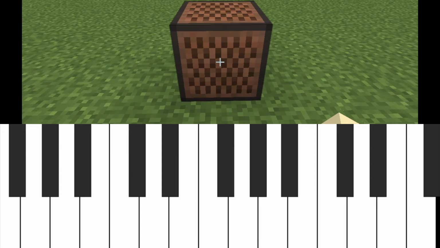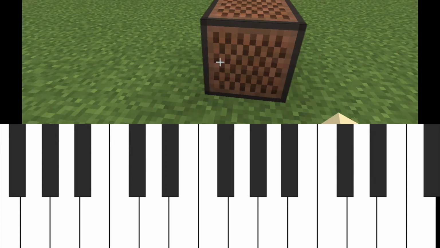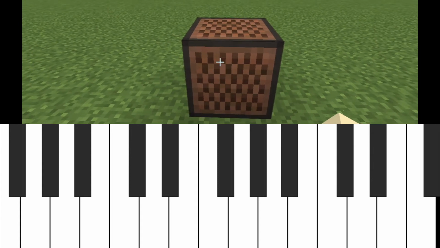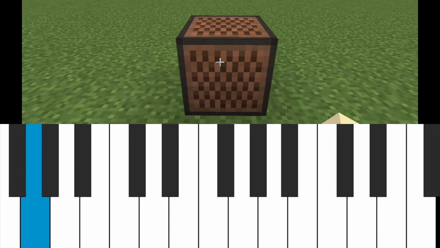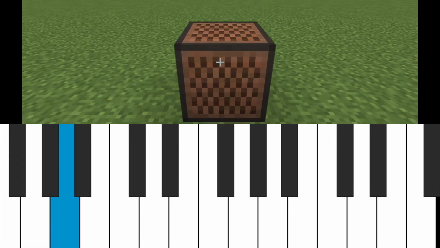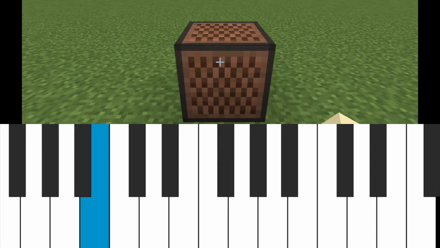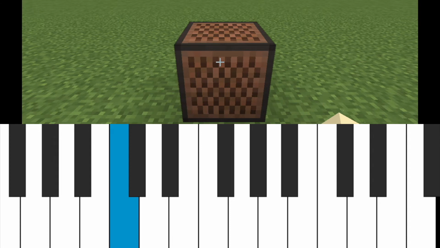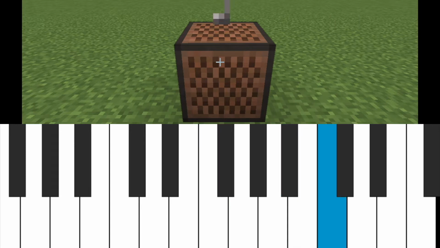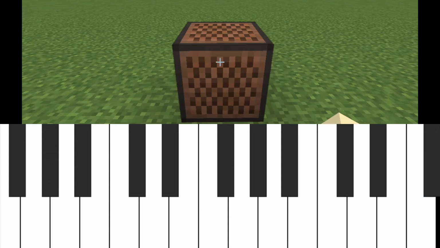The full pitch range of a note block is from F sharp 3 to F sharp 5, as shown here. This is the note G, G sharp, A sharp or B flat, B, and C, and then so on and so forth. Now that we've reached the top note, in order to go back down, you just right click one more time and it goes right back down to the first F sharp,